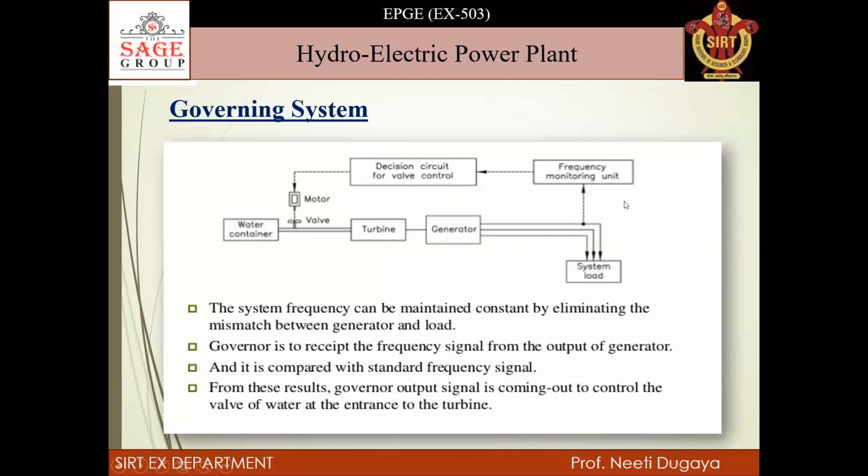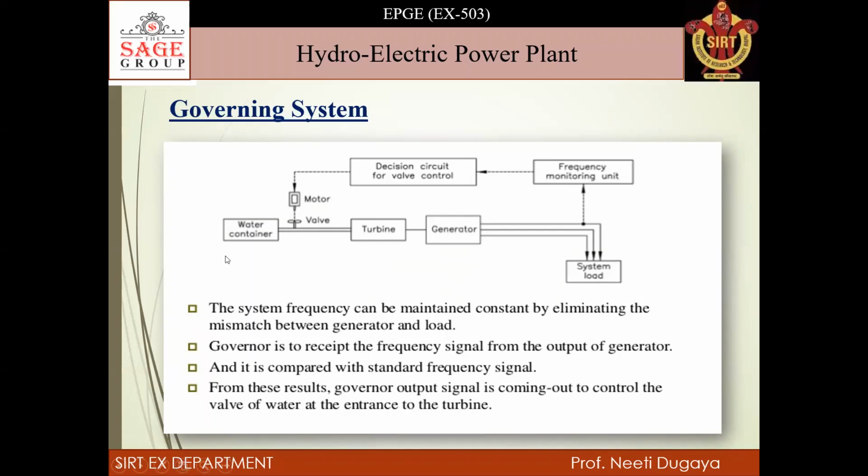And this is the governing system, and this is the particular block diagram of governing system. Here we are having water container, then turbine, then generator, then system load, frequency monitoring unit, decision circuit for valve control, this motor, and this one. Right, the system frequency can be maintained constant by eliminating the mismatch between generator and the load. The governor is to receive the frequency signal from the output of generator, and then it is compared with the standard frequency signal, and the decision circuit for valve control makes a decision that how much opening of valve is needed for the speed of the turbine. Right, from these results, governor output signal comes out to control the volume of water and the entrance of the